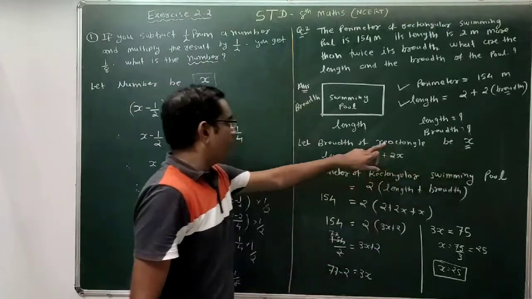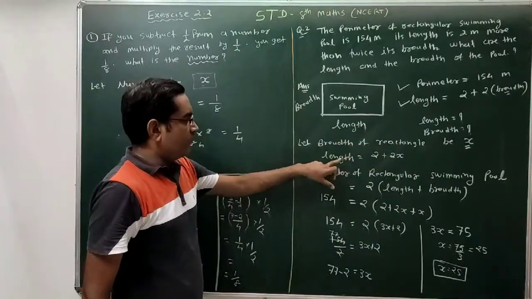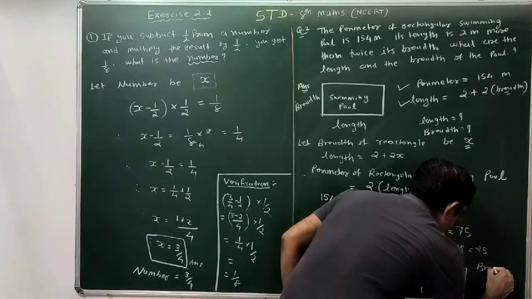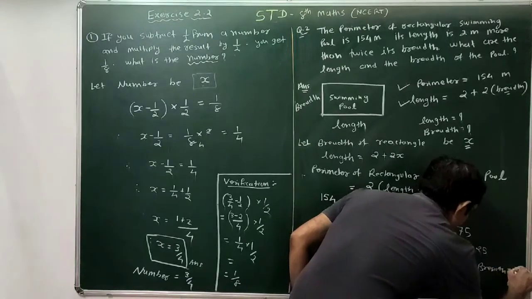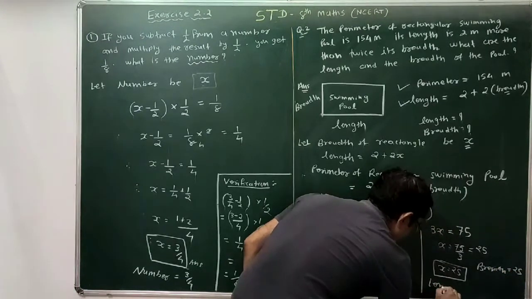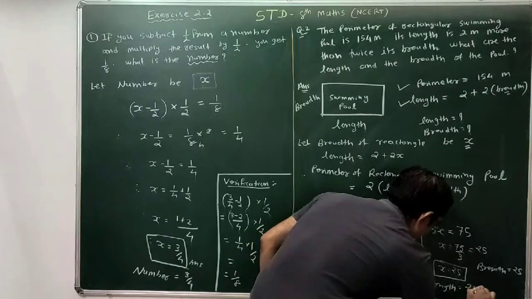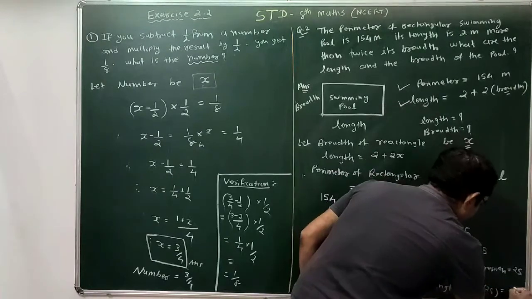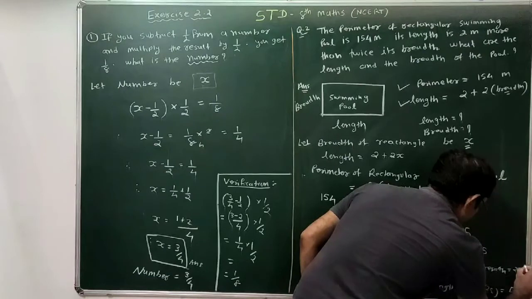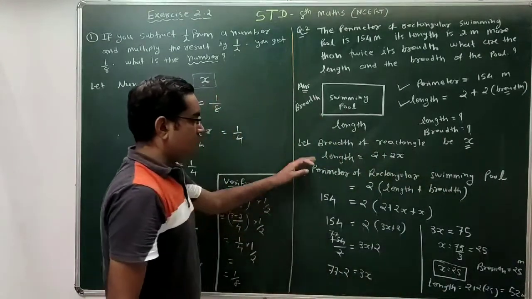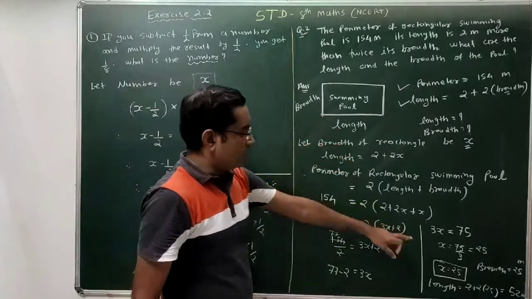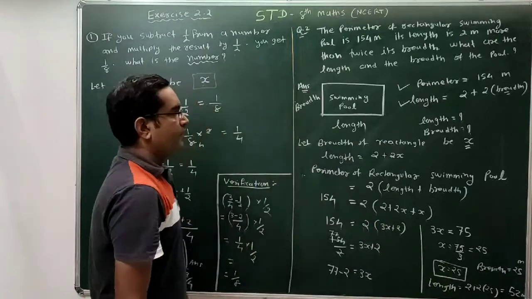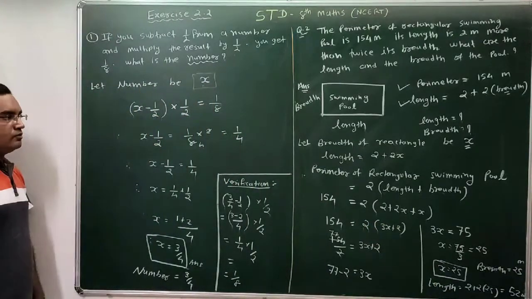What is x? x is breadth. Breadth is 25. So what is length? So we are getting the value of breadth, which is 25, and therefore the length of the rectangle will be 2 plus twice of 25. Twice 25 is 50, plus 2, 52 meter. Our perimeter is given in meter. So our answer is the breadth of the rectangle is 25 meter and the length of the rectangle is 52 meter. Clear? So pause the video to note it down.